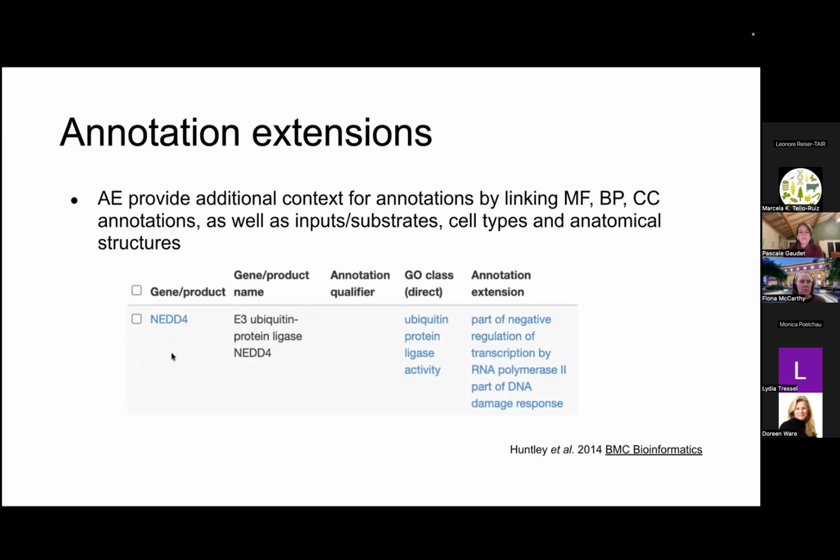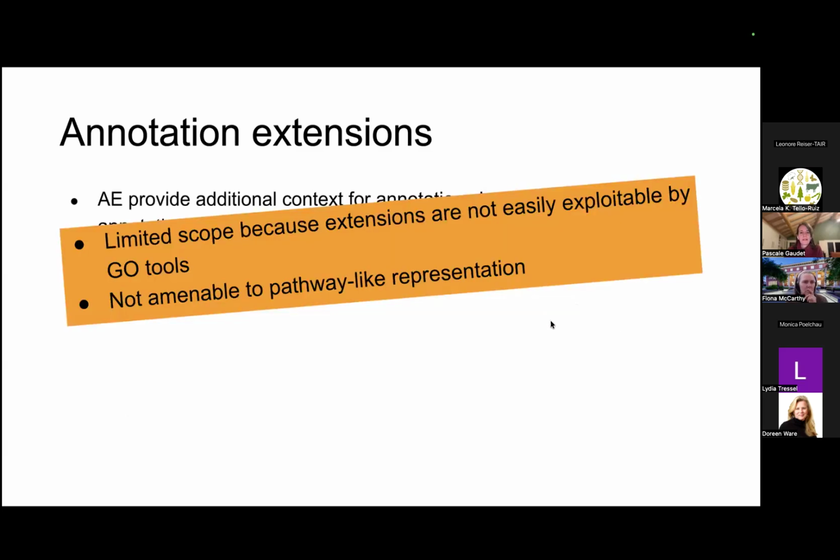So this is what something like this looks like. You can have NET4 has a ubiquitin ligase activity, and that's part of negative regulation of transcription by RNA polymerase II, and that's part of the DNA damage response. So this is a post-composed term, right? So the composition of putting together all the GO terms is made in this annotation extension. So this we still use, but